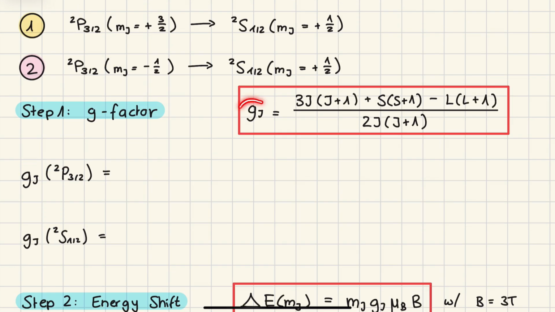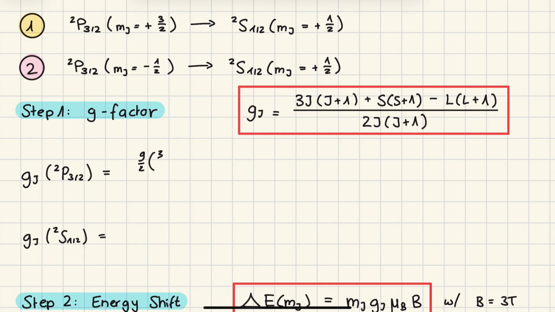In order to calculate the G factor, you need to be able to read term symbols like this one. And that's also one of the topics I covered in the first video about the Zeeman effect. So I will treat that as a prerequisite for this one. Double P 3/2 means the angular momentum L is 1, the total angular momentum J is 3/2, and the spin is 1/2. If we now plug those values into the formula for the G factor, we get